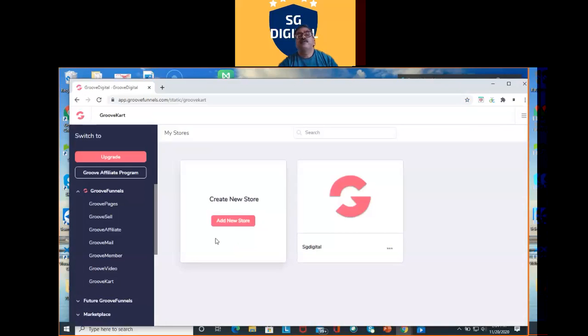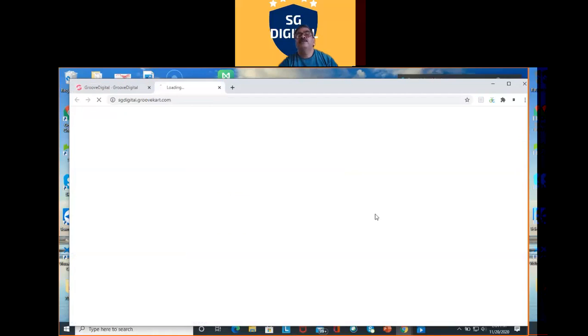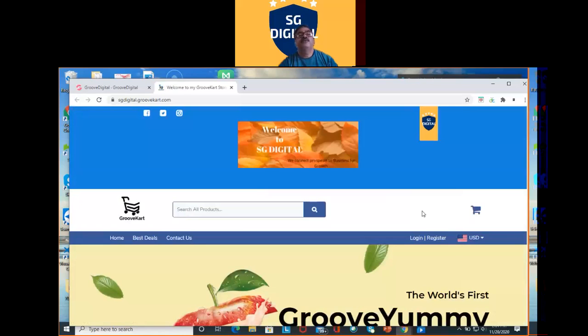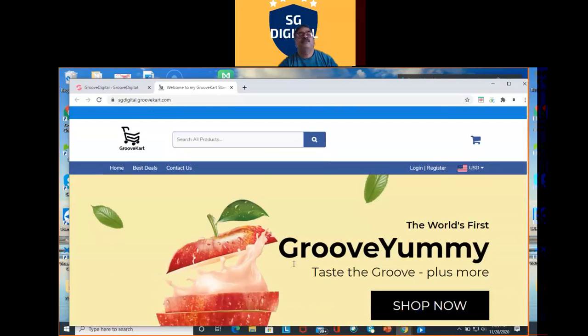I'm in the process of building one e-commerce store. When you click on the three dots on the right hand side, you will see store preview, back office, and delete. There is one default page from Groove, and I'm using the free account of Groove. Here I have made one welcome page, and this is my logo, and this is the default from Groove.